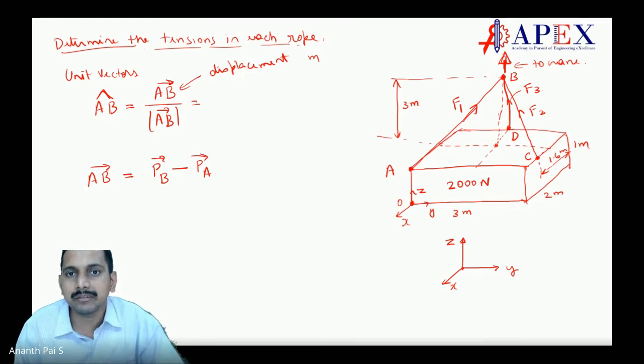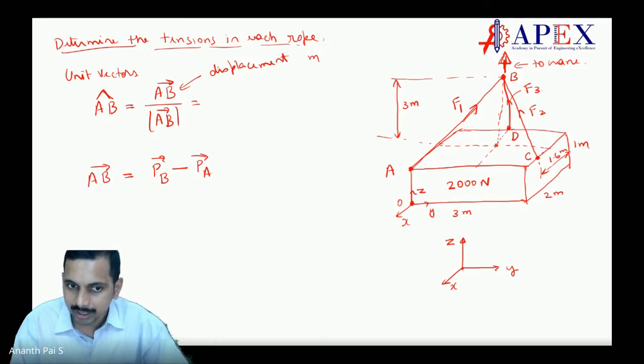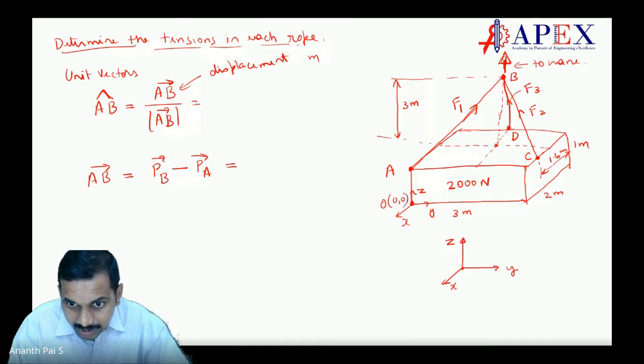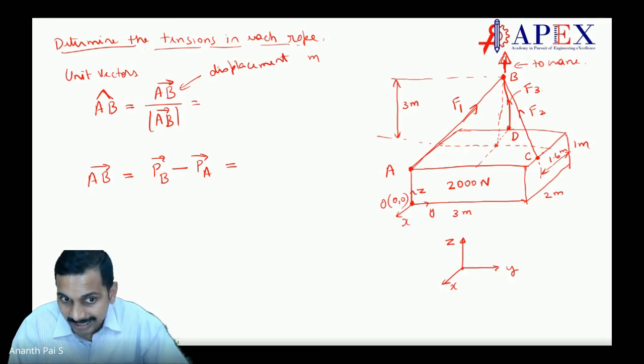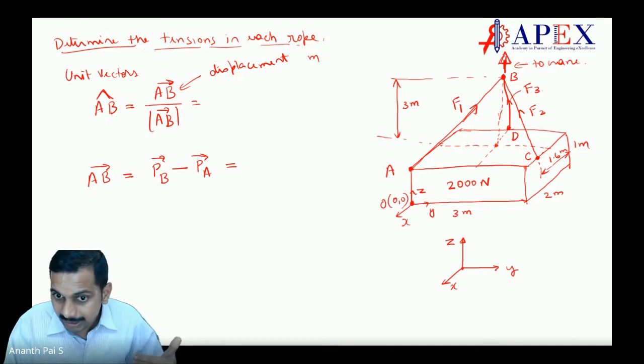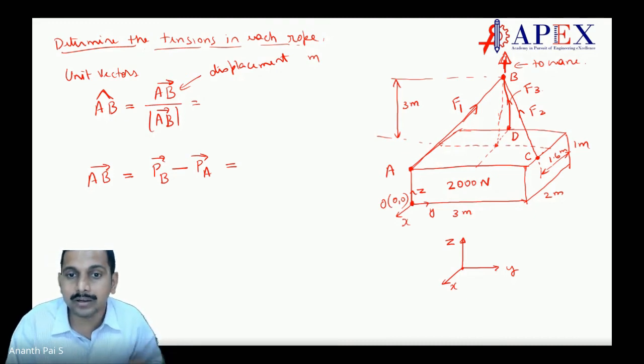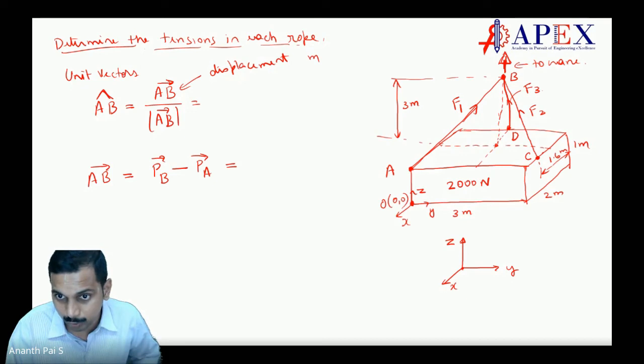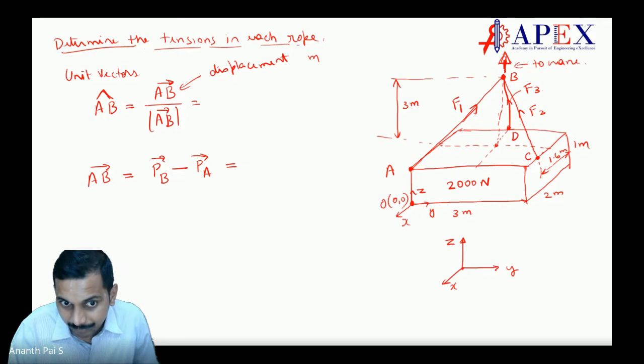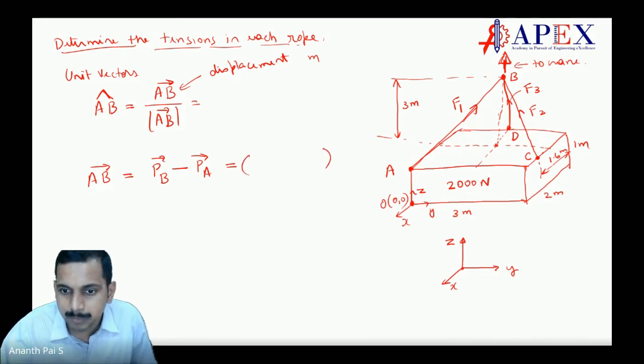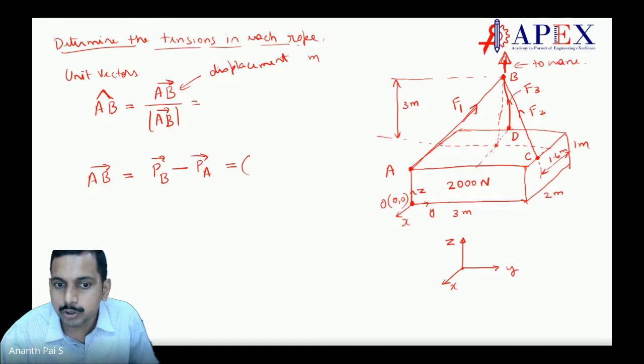Now, what is position vector? When you say position vector, this is the origin O, which is given by 0, 0. 0 in x, 0 in y. So when you go from this point to A, what is the vector we have to see? And from this point to B, what is the vector we have to see? Let us see what is B. When you go from this point to this point, how much should I move is important.